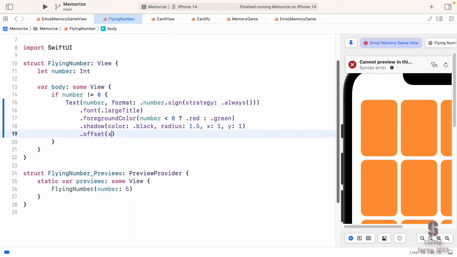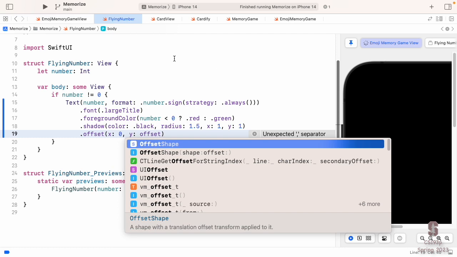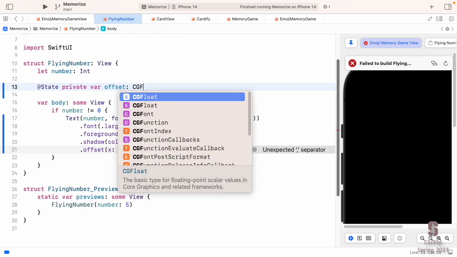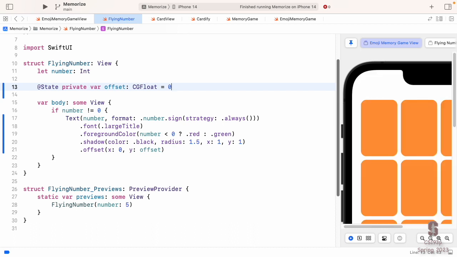.offset takes X and Y. We don't want any offset in X. We don't want the number to move left or right, but in Y we do, and I'm going to have it be a state. So @State private var myOffset: CGFloat. We'll start it at 0. So an offset of 0 means it's in the middle. If we get this number back up, you can see the offset is 0.